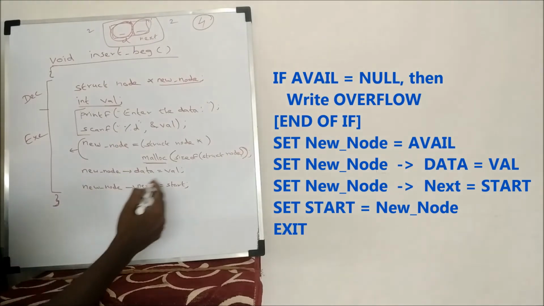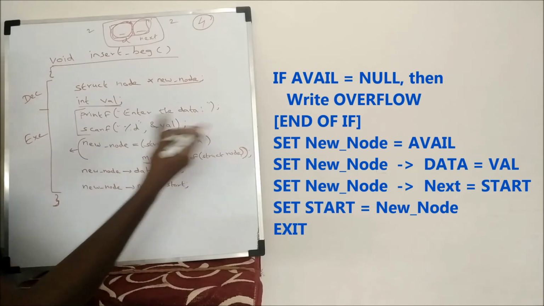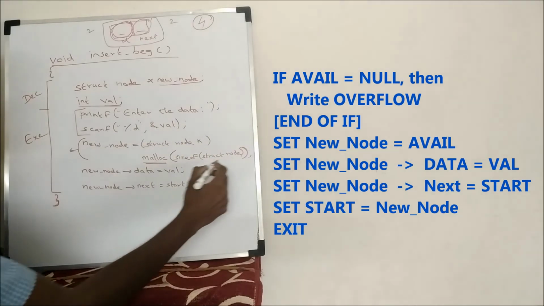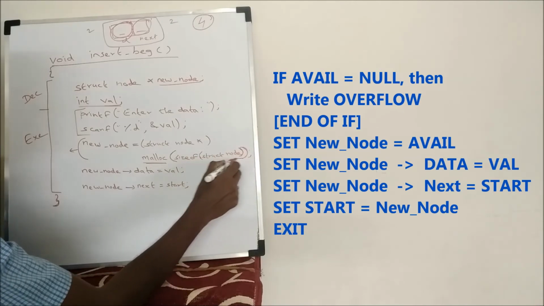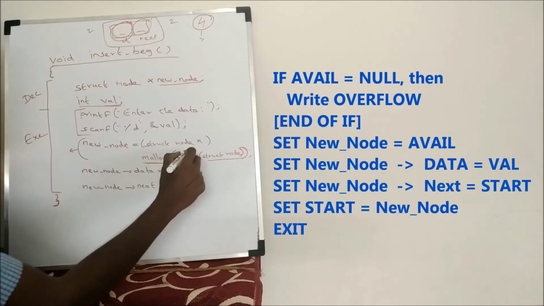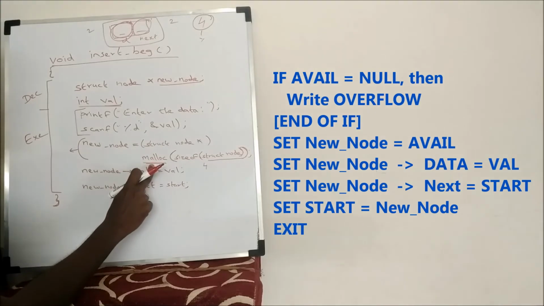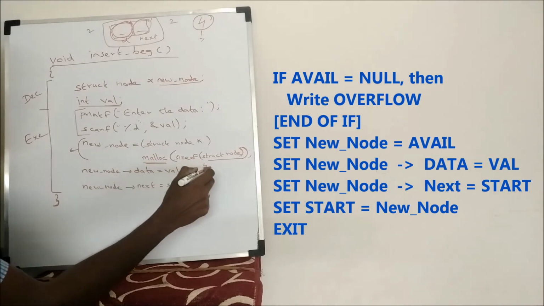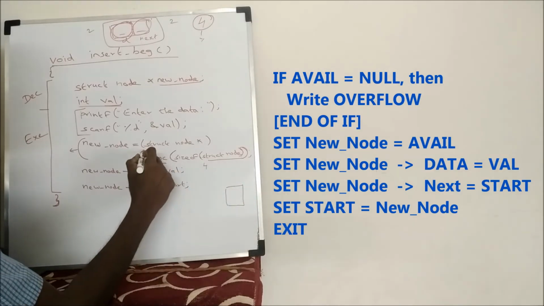So how can I extract this 4? I just write the statement sizeof, this is an operator for identifying the size of a particular parameter. So struct node is the parameter. For this, what is the size? It is sizeof struct node, which means 4 will be the answer. So 4 bytes of memory is allocated by this malloc function, and this 4 bytes of memory is typecasted like this.